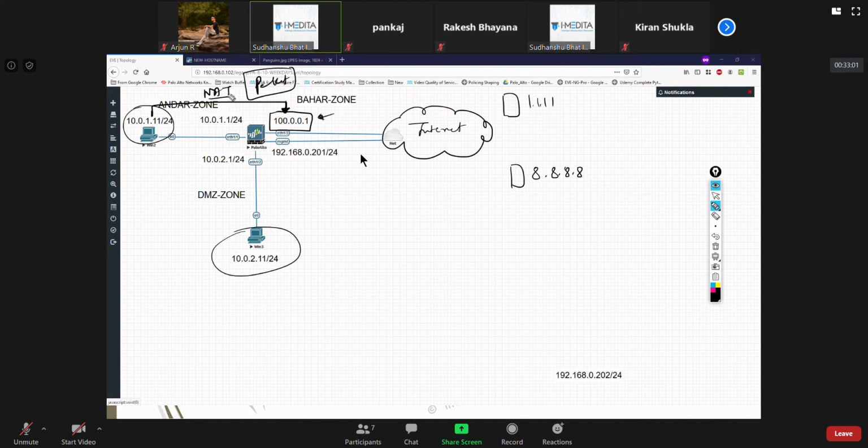And suppose this guy utilized a port number. Suppose both of them are browsing websites, and suppose this guy used a source port of, whatever, 20,000.